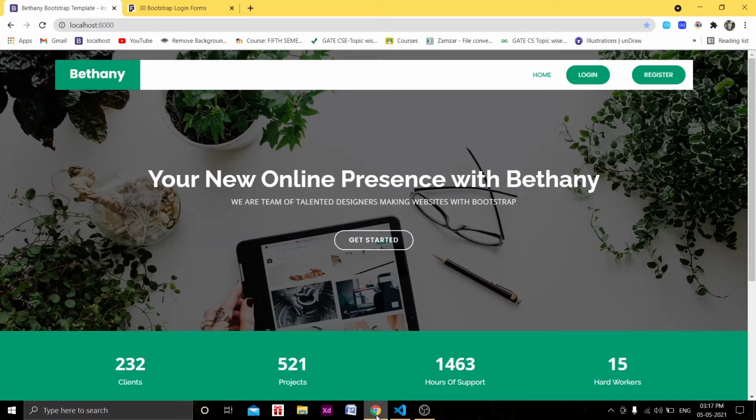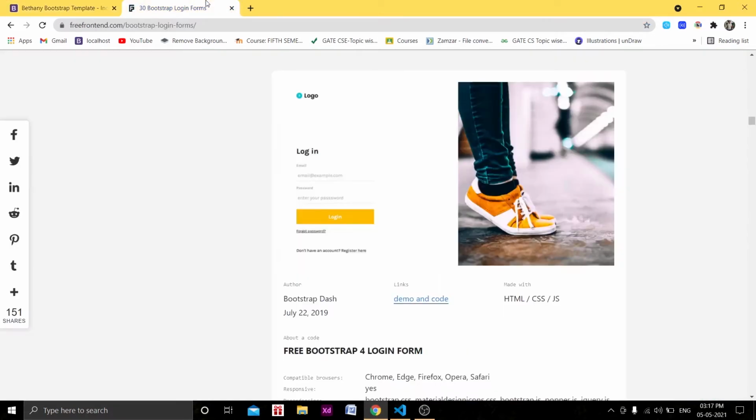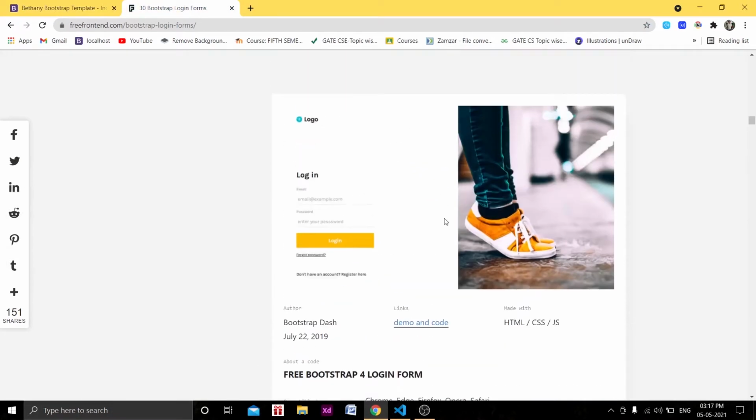So far, we have created the good looking UI and written its backend, right? Then we have created login and register pages and written its backend too. Then I went to freefrontend.com and downloaded this beautiful looking login template, and similarly I manipulated it to work in Django.